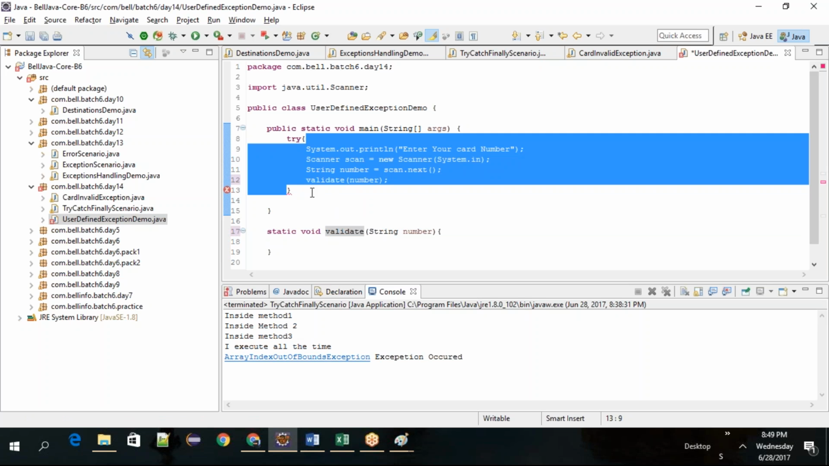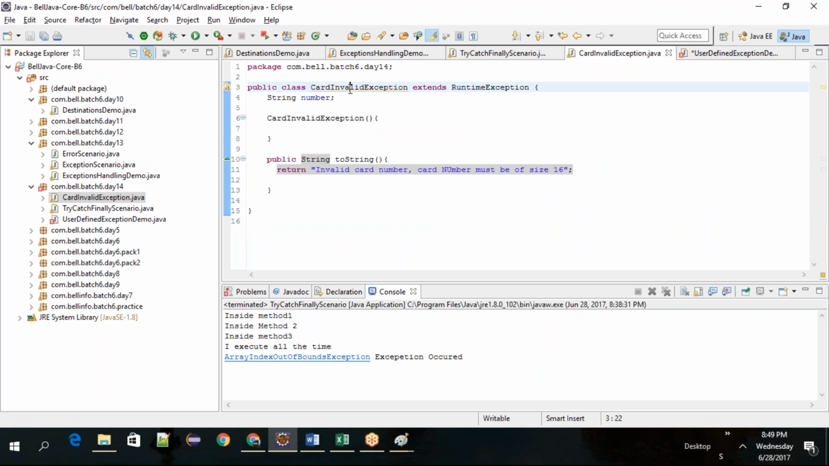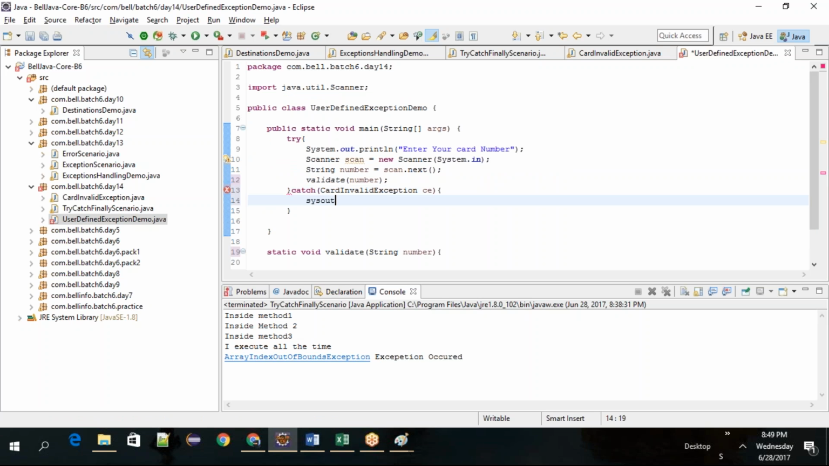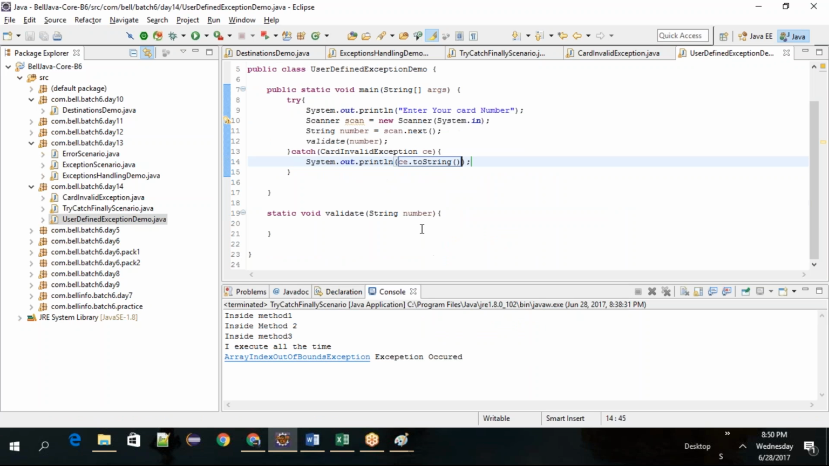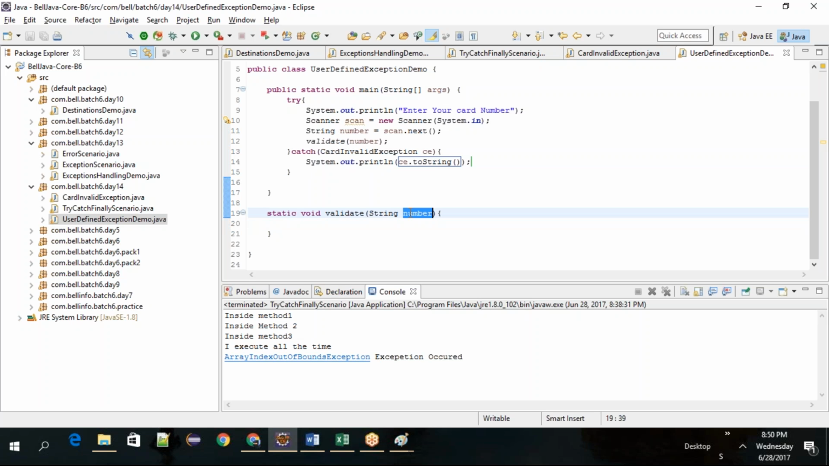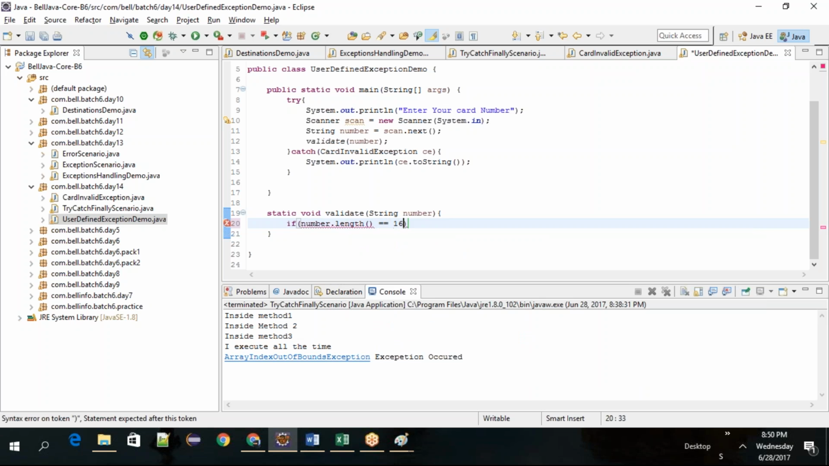And here I'll say catch CardInvalidException. This is the class I just wrote. That is the exception that I am creating. c, whatever your object name, is a reference variable, System.out.println, and then c.toString. In order to raise this exception, when the number is not 16 digits, then you call it invalid, right? So if number.length is not equal to 16,